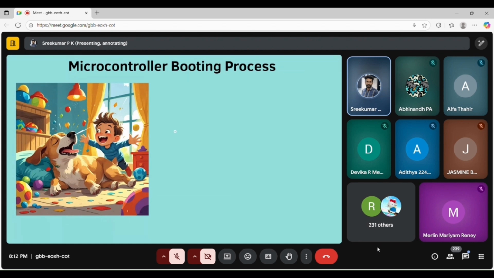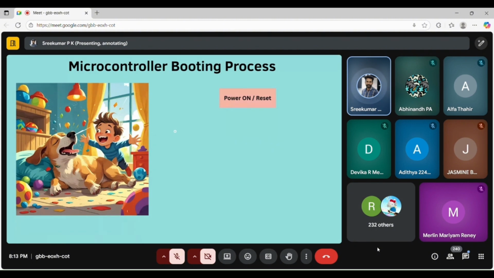You can see in the picture, a kid is trying to wake up the dog in the morning. So what happens when the dog wakes up? It starts making noises. It will start running all through the room, right? Just like that, a microcontroller does the same.